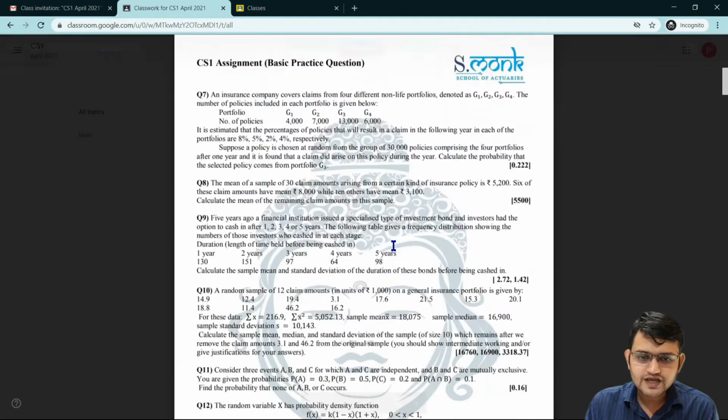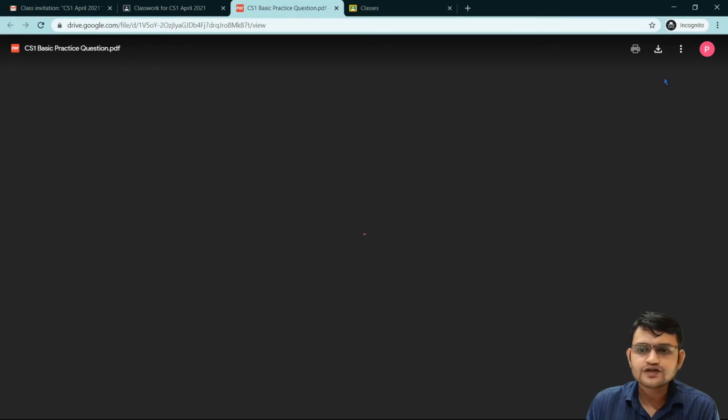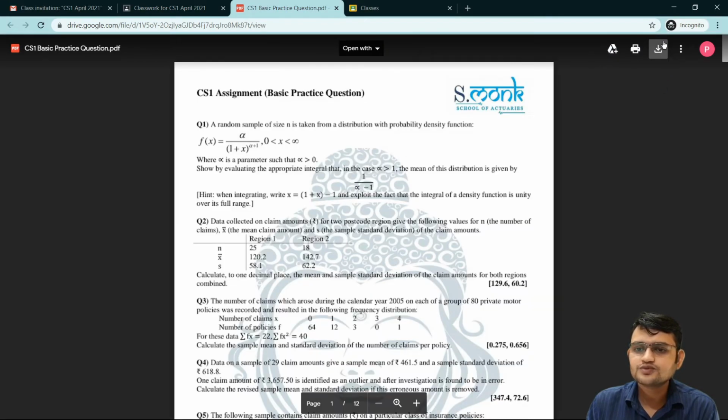You can see that assignment, but you cannot download it. For downloading, you will go to the three dots, more actions, and click on open in new window. It will open the file in a new window, and after that you would see that we have a download option on the top right. You can download it from here.